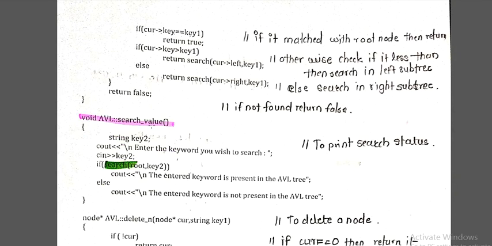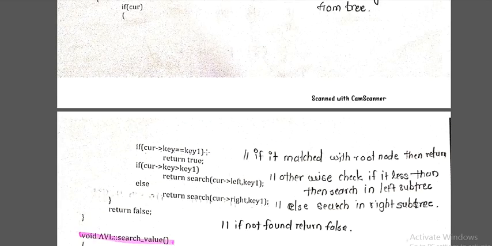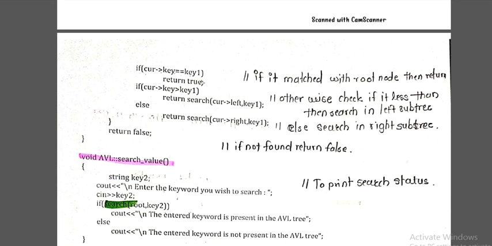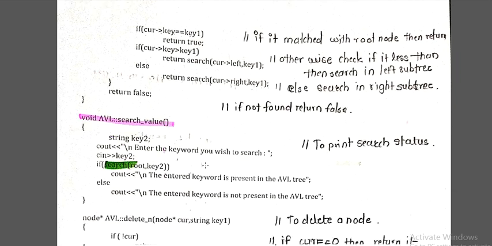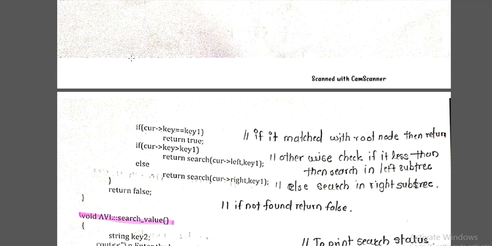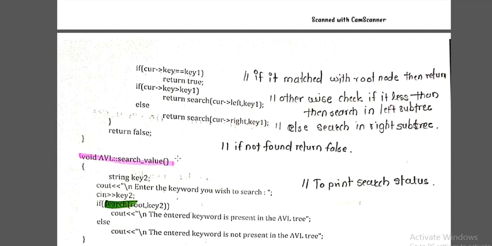Next comes search value. Why the search value? Because we have considered this key while comparing, but where have we accepted the key? Here that key is taken from the user, that is, which key they want to search. So we ask the user which key they want to search, and we take that key over here, and then we call the search function. Whatever logic we have applied in the search function, we use in this search value function. This search value function is written in the main function, and we are calling it in the main function.